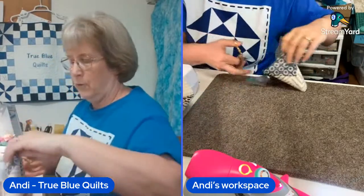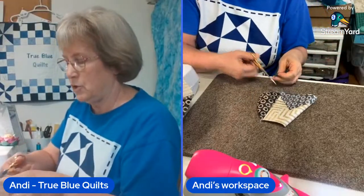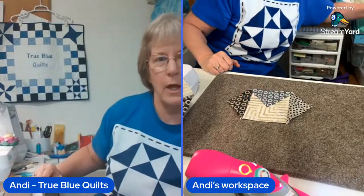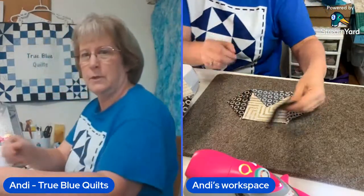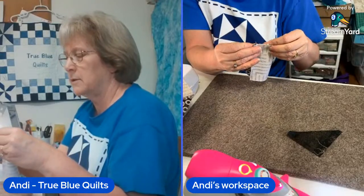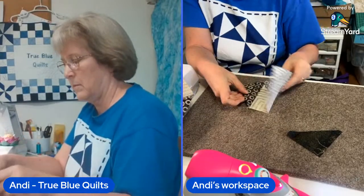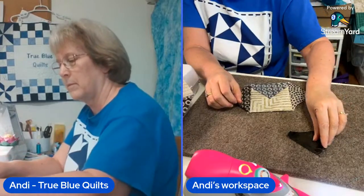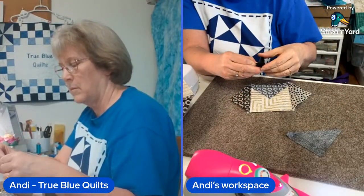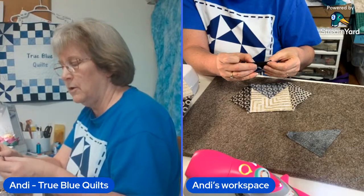Okay, and then the fourth side of our square is going to be the dark triangle. So let me grab those and we will put that on next. And the other